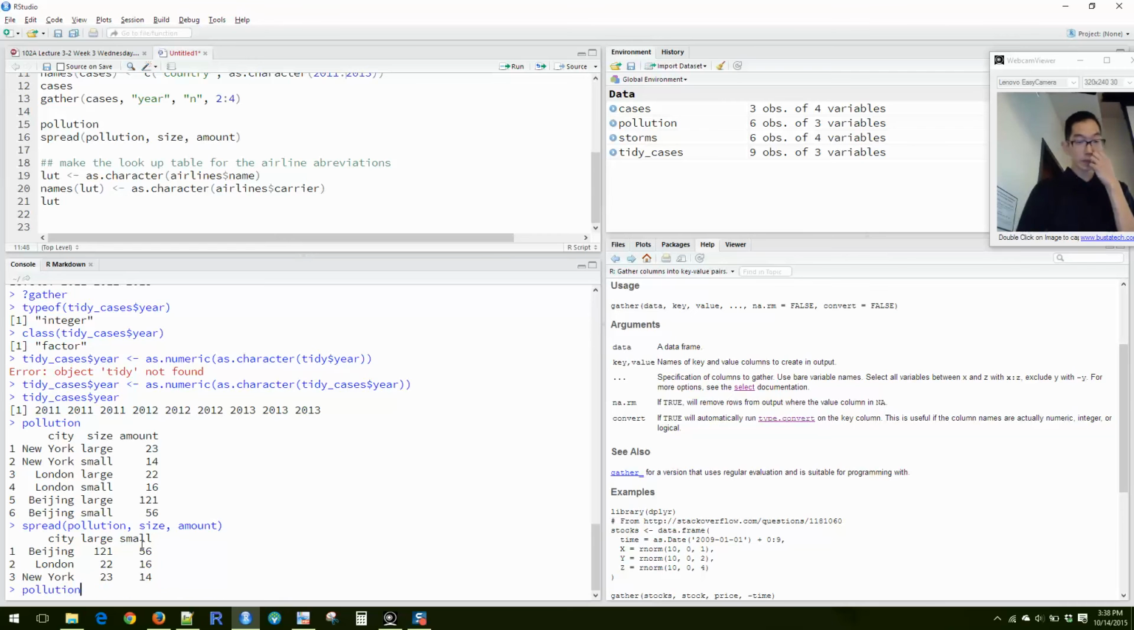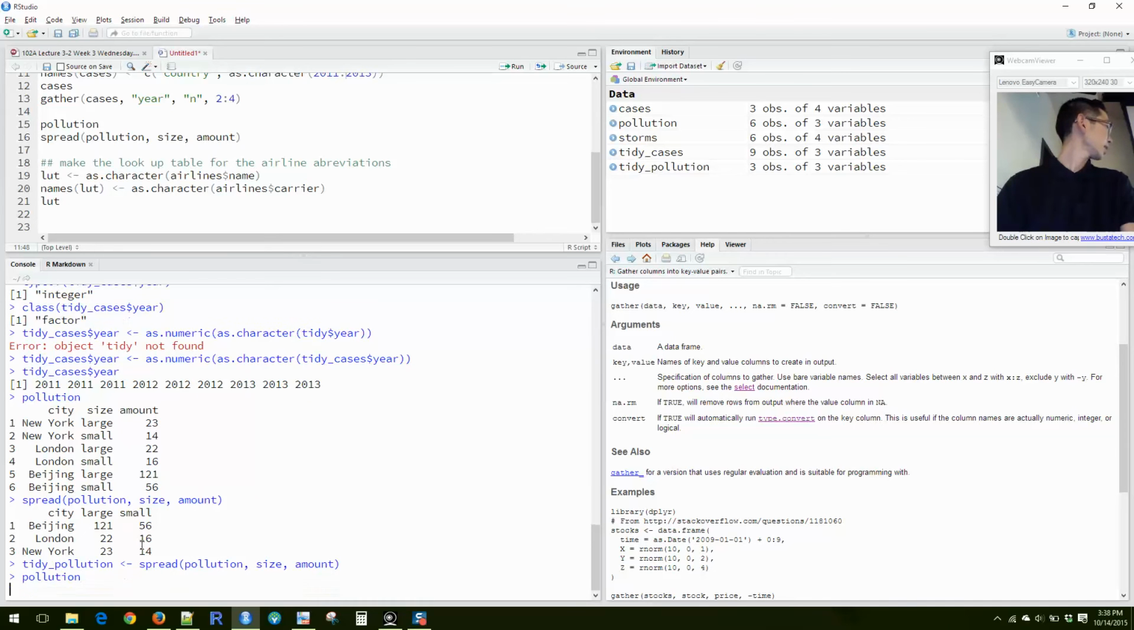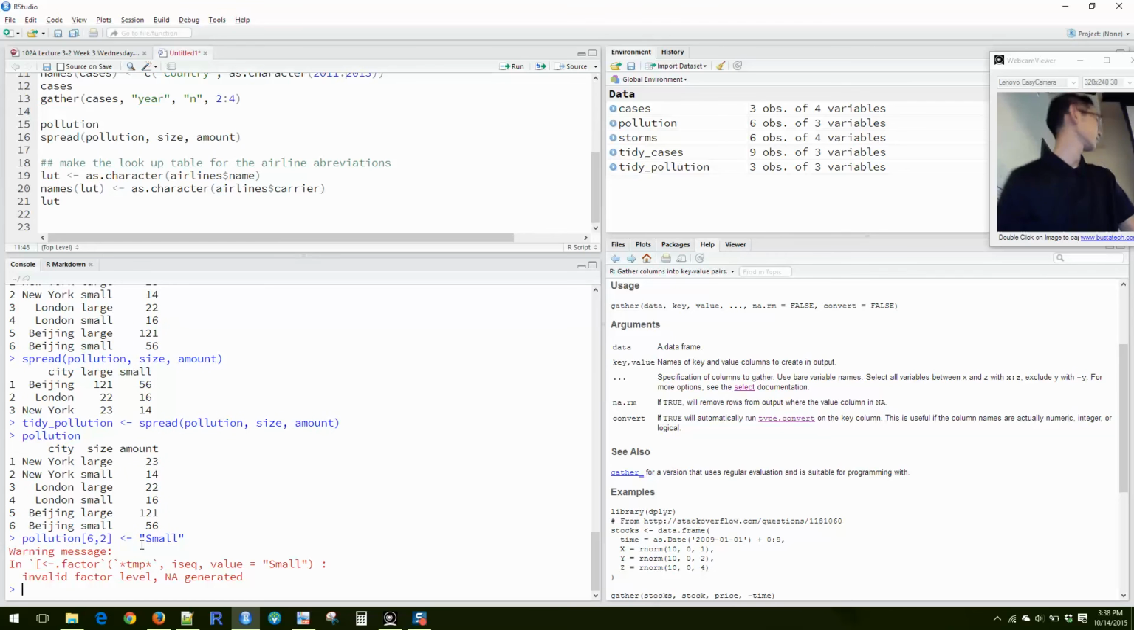So if for whatever reason in our pollution table... so that is spread, and I can now store this as tidy pollution. It's kind of an oxymoron there. But let's say I added a row here, or let's say I changed pollution, the 6th row, 2nd column, and let's say I gave it a capital small. Okay, so I guess it says it's a factor. So let me